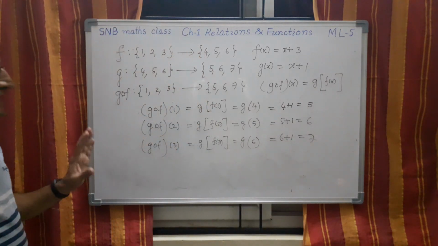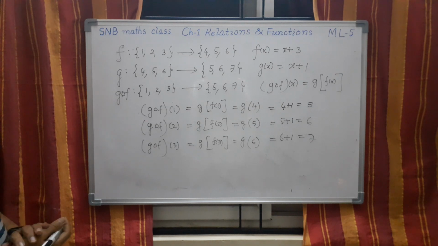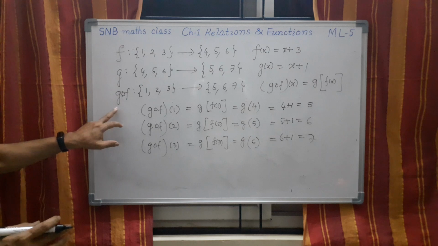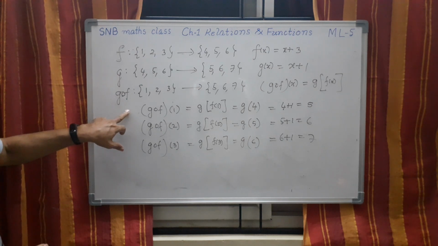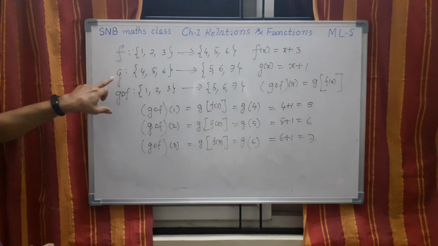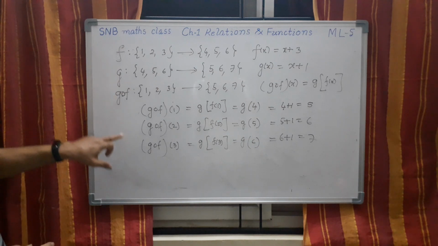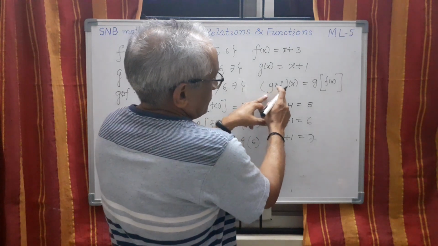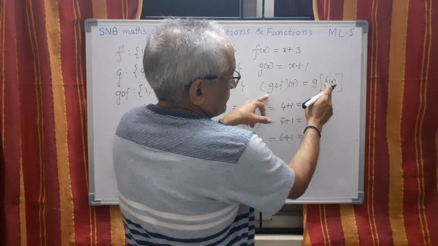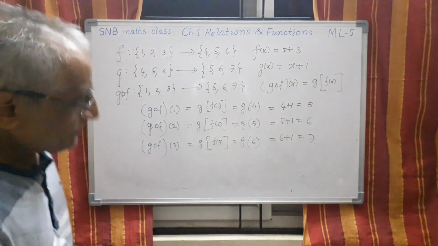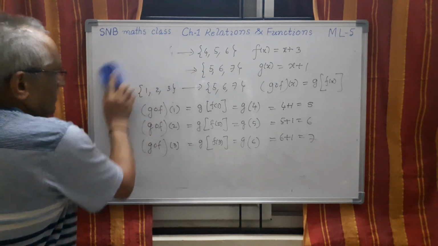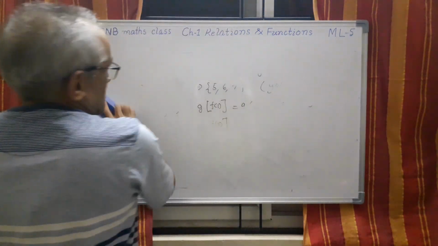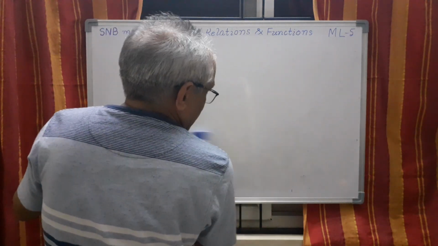So this is the meaning of composite function. Let me sum up once again. It is the combination of two functions. f is the first function, g is the second. Then you have to write g o f. And the definition is this one, g of f of x equal to g of f of x. So this is the concept of composite function which we have to study. Now let us take a few examples.